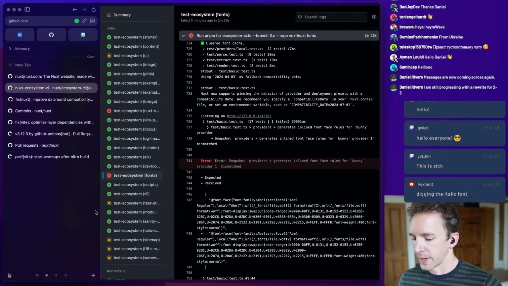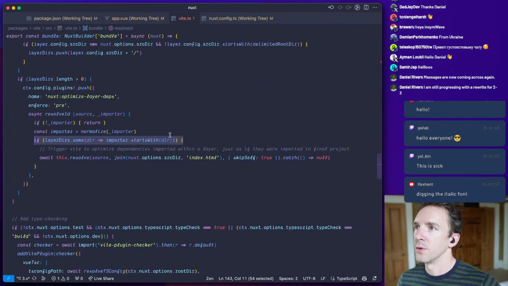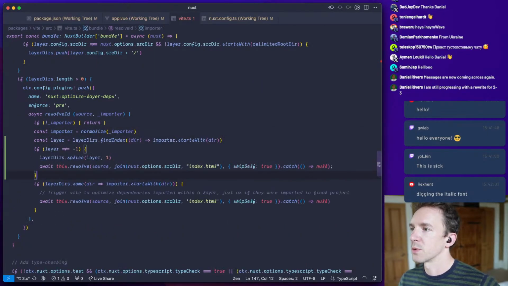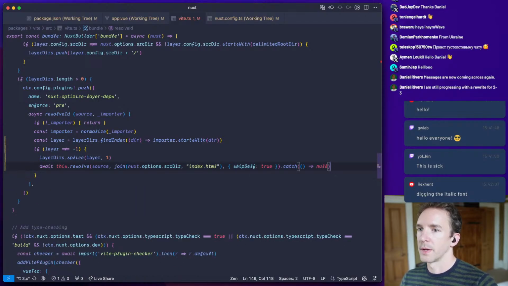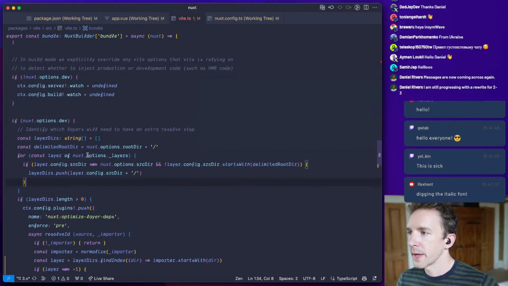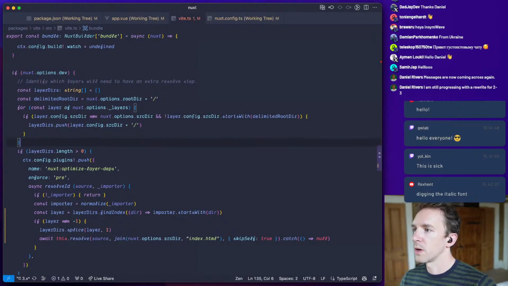Right. So what am I doing? I am nipping into the Nuxt, and what we're doing is we're basically finding the index, and then we are going to drop it. We have to do a couple more things. We need to sort our layers.